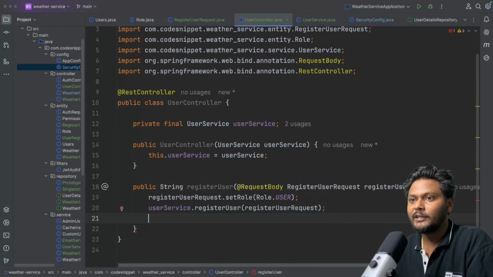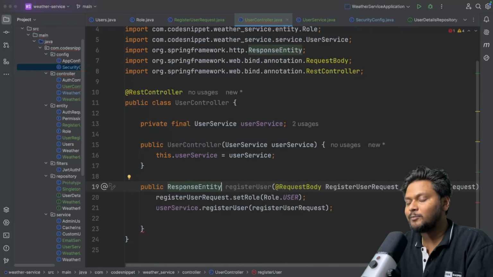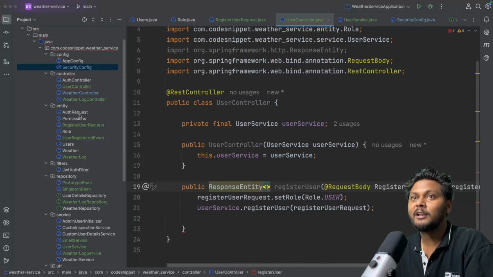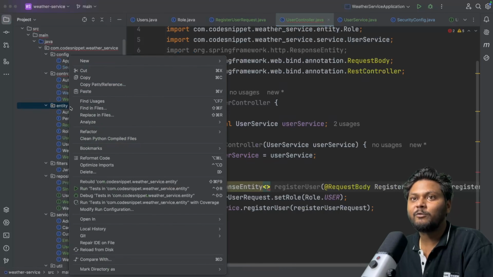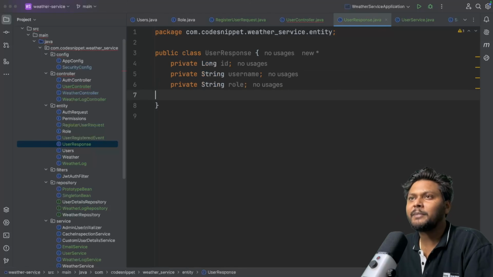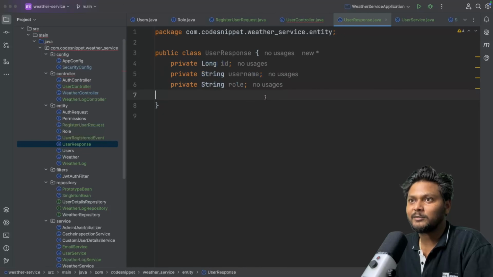What are we going to return? Let's try to use ResponseEntity over here, and perhaps we will create a new entity for the response as well. We can create another DTO. I will create a new class, let's say UserResponse. Here we will simply add a few details: ID, username and role. The password is not needed when we return this response, right?